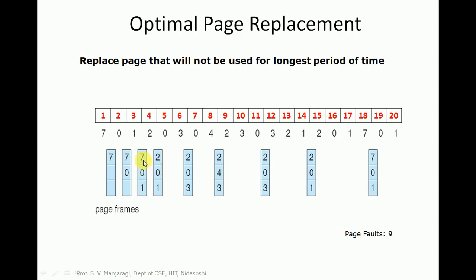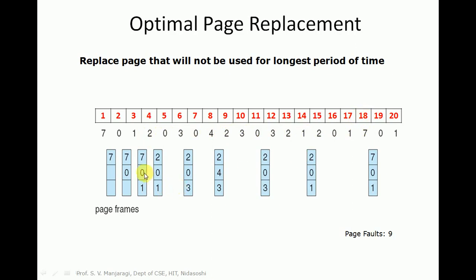So there are 3 pages in the memory: 7, 0, 1. Which page do we need to replace? The technique is we need to replace a page that will not be used in the future for the longest period of time. So let us look at their future references. Take page number 7. From here onwards, what is the reference for 7? So 7's reference is 18.